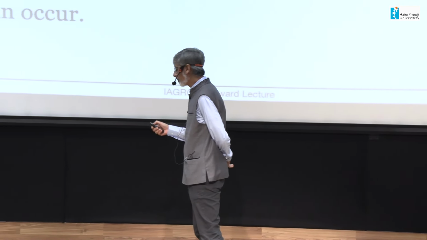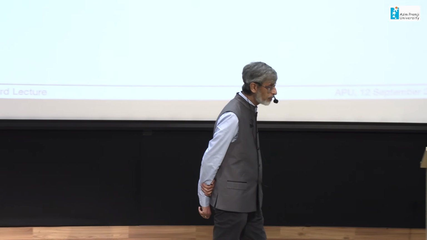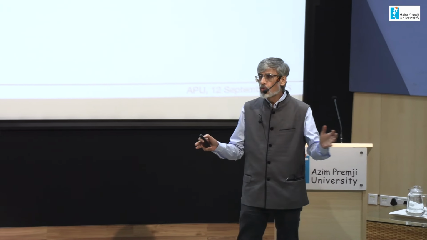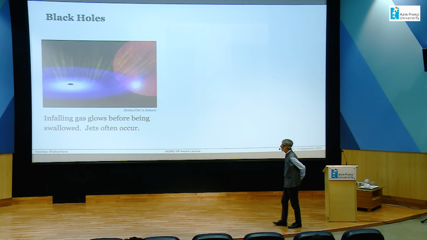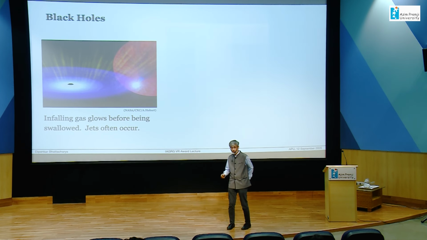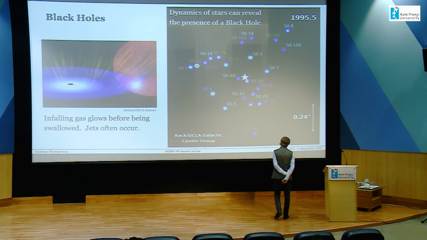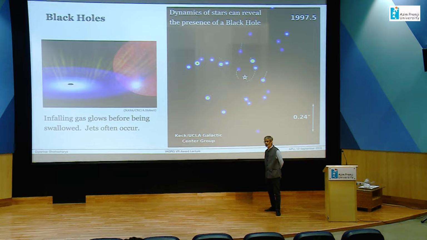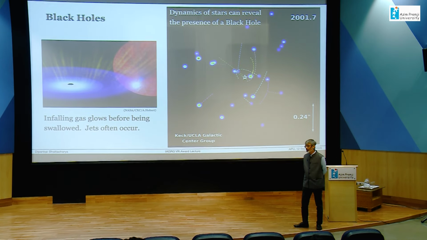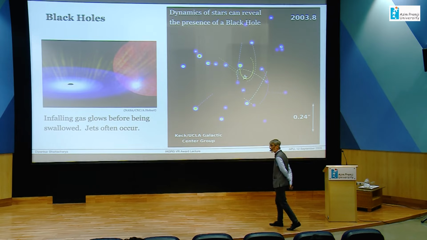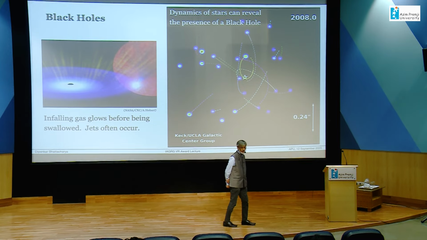And some of the phenomena that I will describe are dependent on how far in the inner edge of the accretion disk is. And as you will see, they are related to some fundamental properties of these black holes. Another way the presence of a black hole can be revealed is not by any direct radiation, but just by its gravitational influence on the dynamics of stars around them.